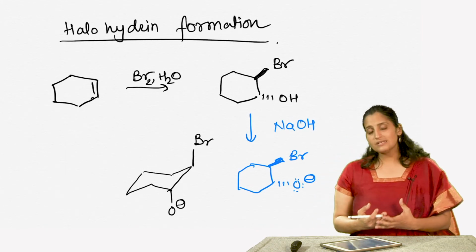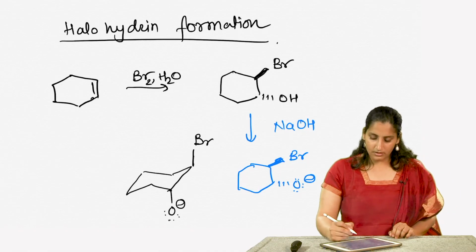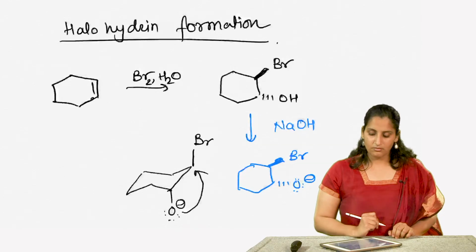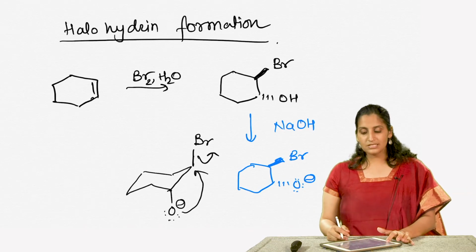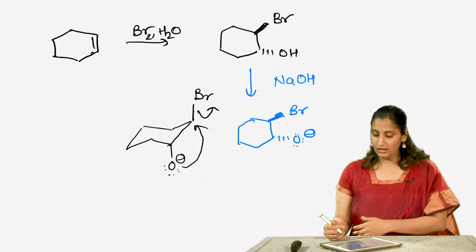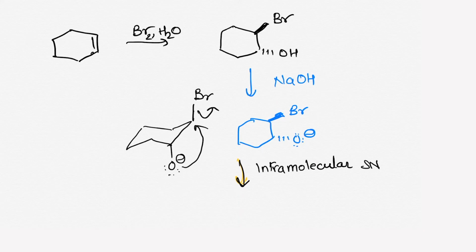Now, what happens is that the oxygen will put its electrons on that carbon and kick out the bromine. So, this is something like an intramolecular SN2 reaction. Right. So, what we form here is